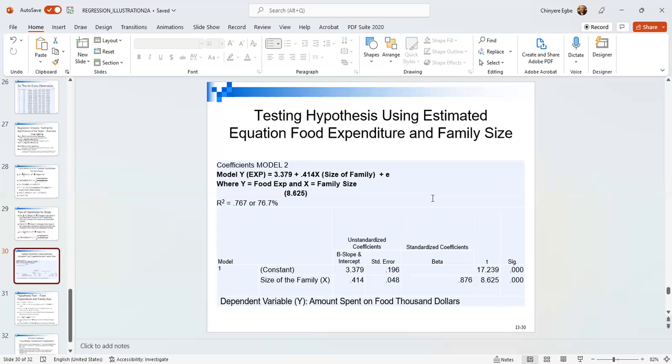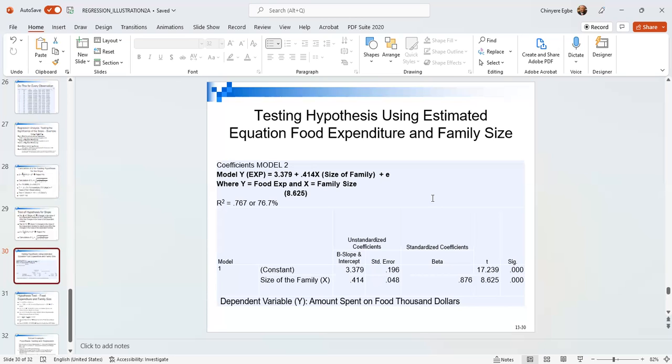Okay. We are theorizing that there's a relationship between the amount of money a family spends on food and the size of the family. Does it make sense to you? Yeah, it makes sense. Okay. And so